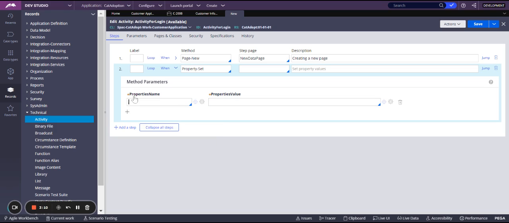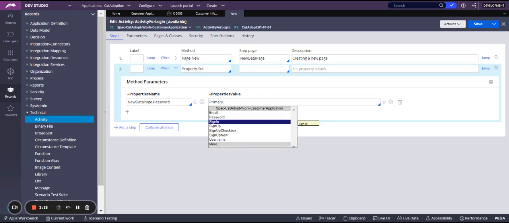And the property name is our page and password. And the value is what value our customer gives us. So primary, since it's the current page,